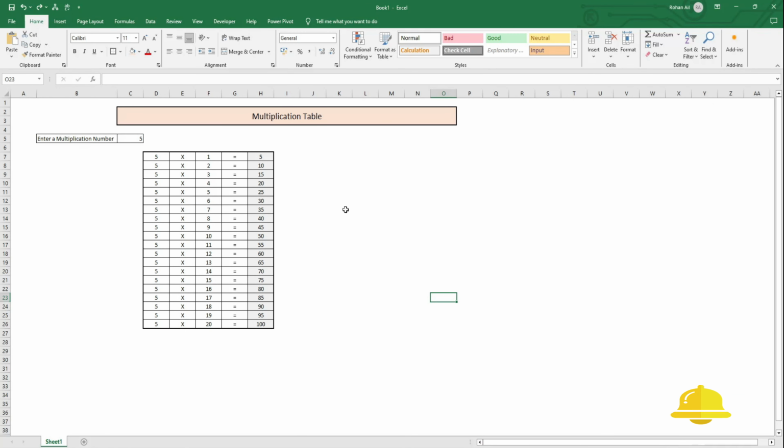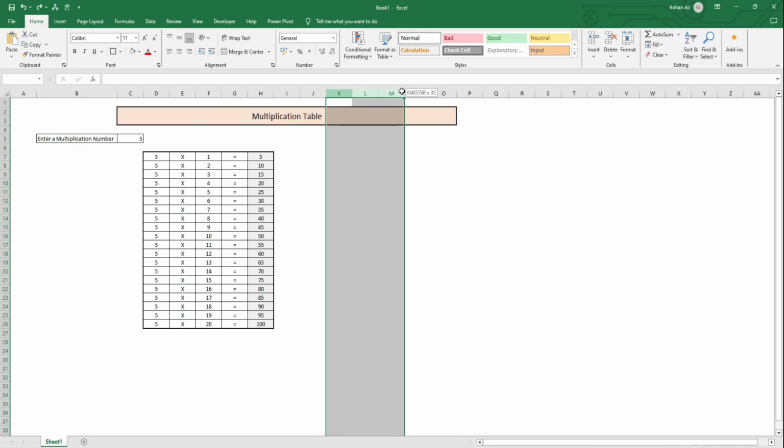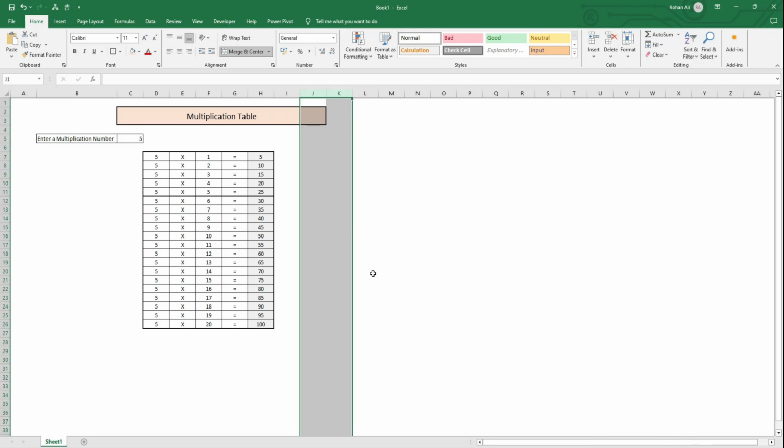Okay guys, let's try to format or beautify it. Okay, simple is the best. So here you can see there is a lot of real estate which is gone for a toss. So let's try to remove it. You can do it by Control and minus. It will just remove the cells. Again I see that there is a lot of real estate, so let's just remove it, Control and minus,